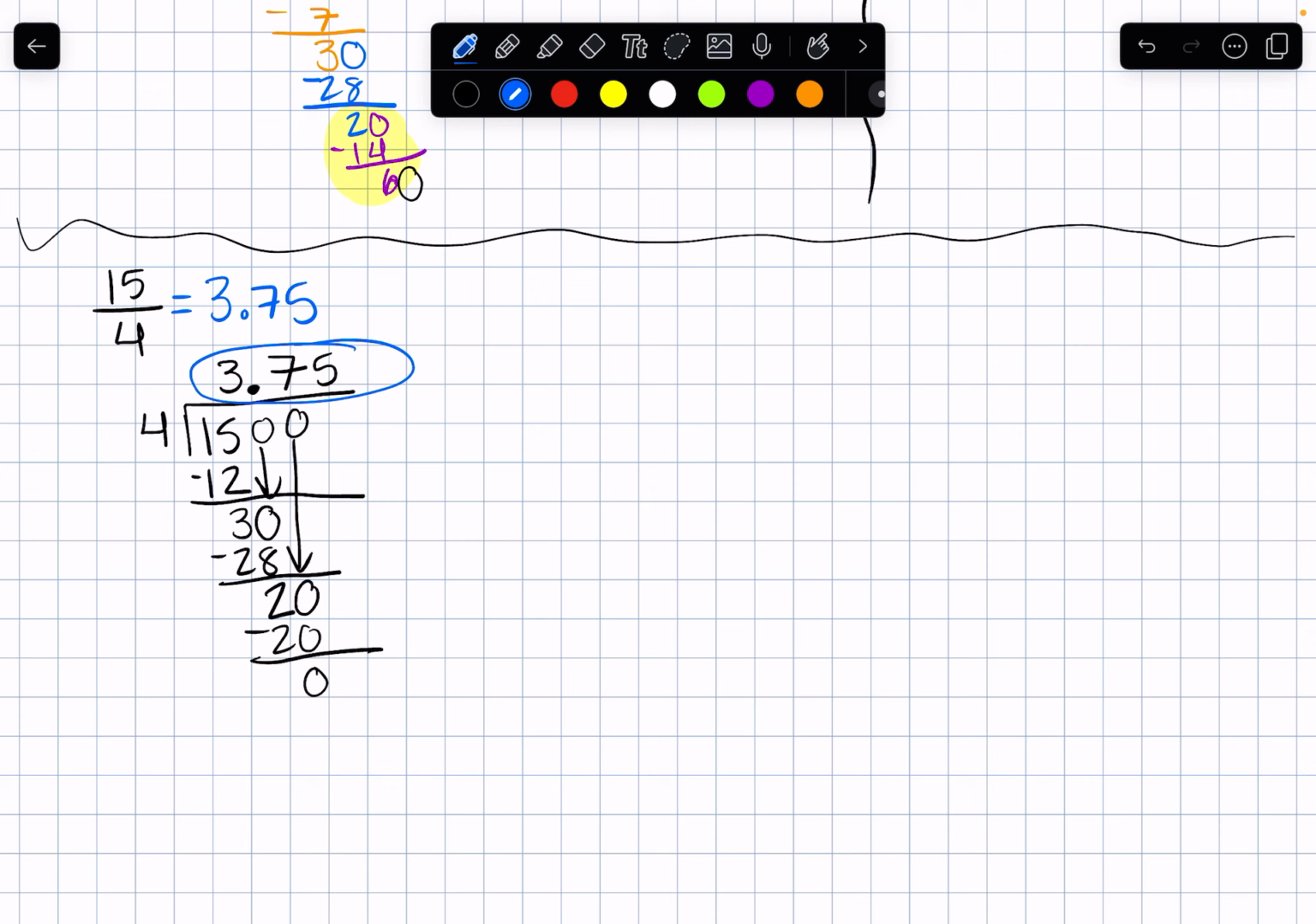All right, hopefully this video helps you understand how to convert from a fraction to a decimal. If you are having more trouble with the long division portion of it instead of just the concept of, okay, well, I need to take my numerator and divide it by my denominator, if the process of long division is confusing to you, go ahead and